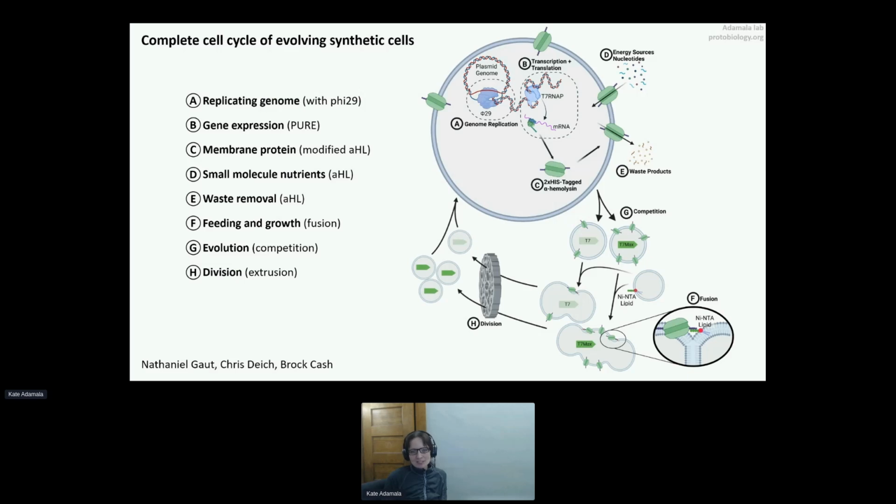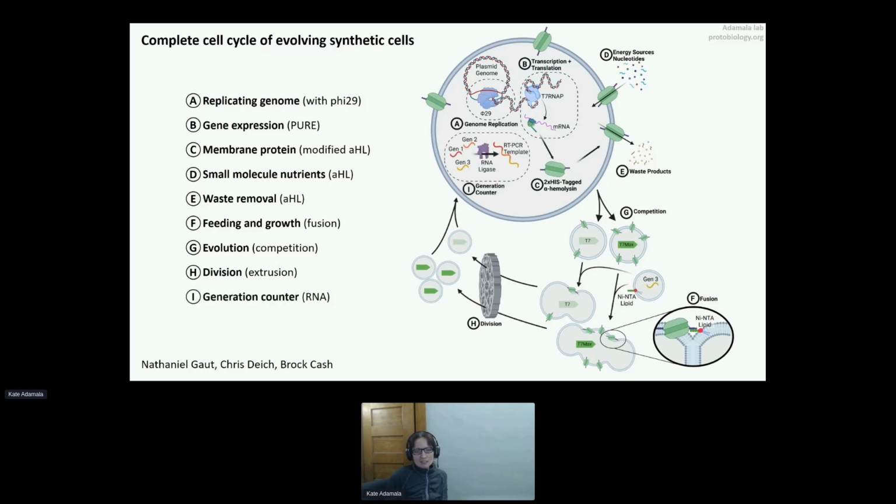Now, the most artificial part of the system is division. Until Nicola gets his job done and gives us a spontaneous division, we have to divide manually. So that's what we do here. We divide manually by extrusion. So we divide by extruding those large grown liposomes through a polycarbonate filter membrane, and that gives us daughter vesicles. And those daughter vesicles, if they come from a cell that grew more, you get more daughter vesicles. And the one that grew less gives you fewer daughter vesicles. So the stronger gene for growth gives more offspring. And that gives you essentially natural selection. If something grows better, it produces more offspring.